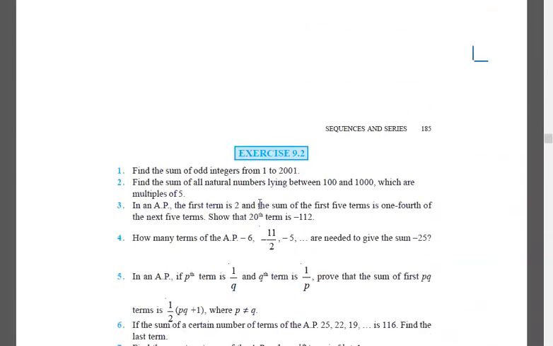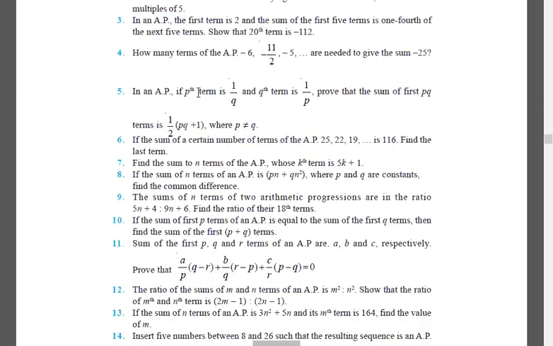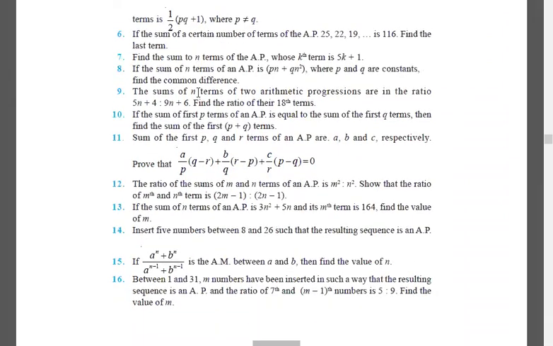So this is the exercise on AP. You will get lots of time. I will give you 1 week. Don't worry. I request you to solve. We will discuss this. They are very good questions, right from 10 to 16. If you don't want to solve everything, try to solve it from 8 to 16. Right, 9 questions, 8 to 16. Okay.